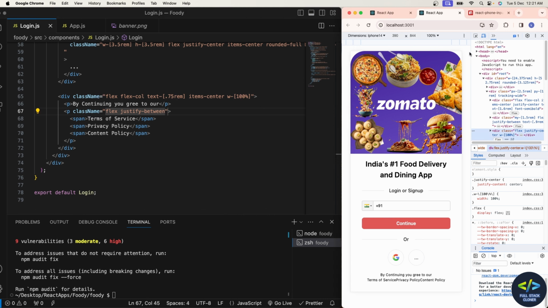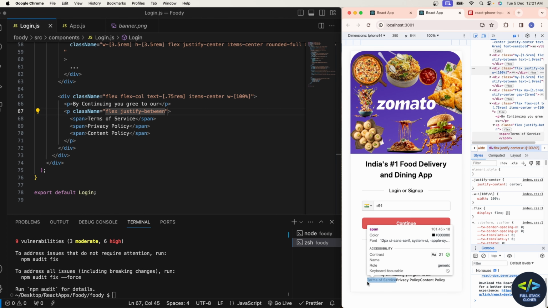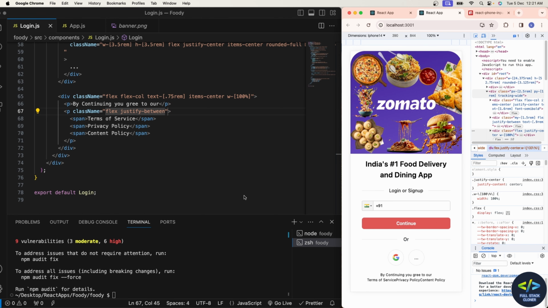Oops, it has already occupied 100% of space, I think. Now there should be some kind of spacing here. So for that, instead of justify between, I'll give it to be justify around,